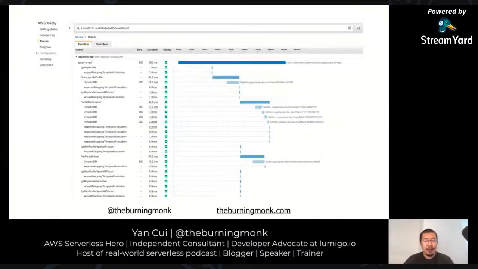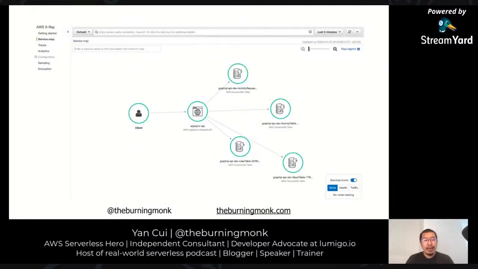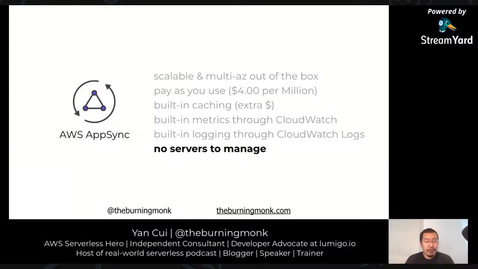But for performance issues like that, I think it's even better if you enable and use X-Ray, which really shines a light into what's actually happening under the hood and shows you where the time is taken. And you can see in this case that a single GraphQL query resulted in quite a few different DynamoDB database calls behind the scenes. X-Ray also shows you this service map, so you can get a high-level view of what services your AppSync API is talking to, and their overall health, average performance, latency, and so on as well. And it gives me all of this, and I don't have to manage any servers at all, which is amazing.